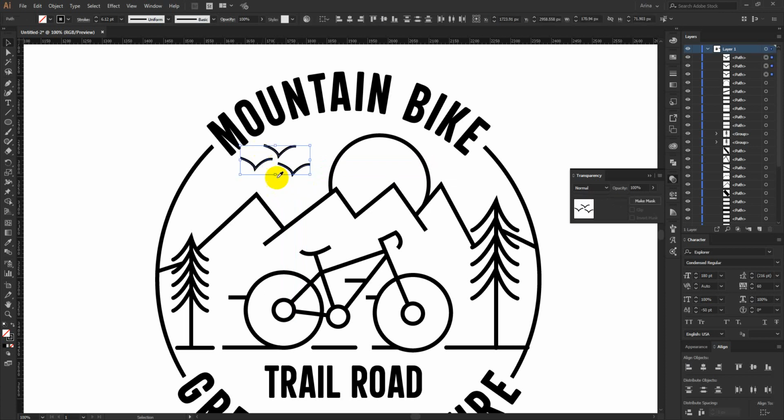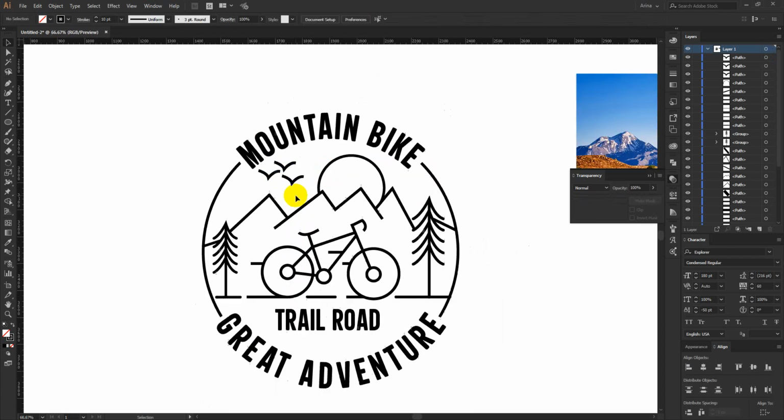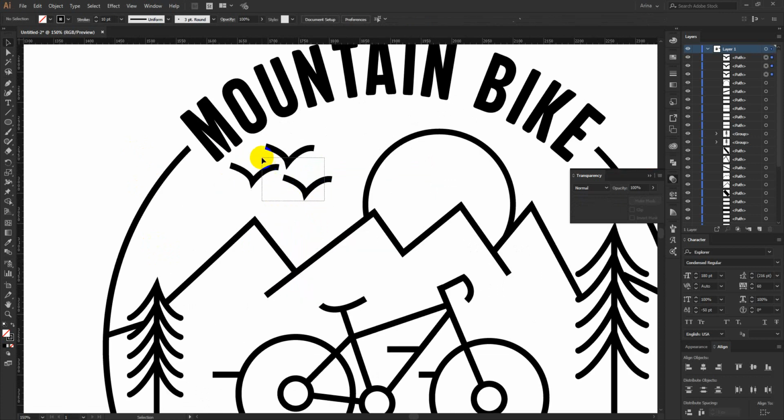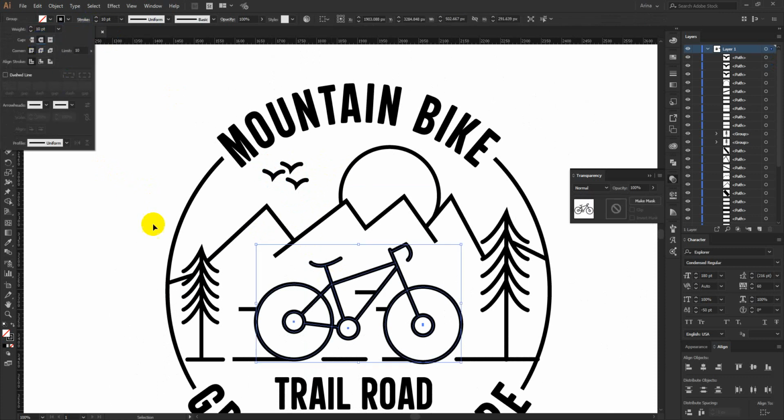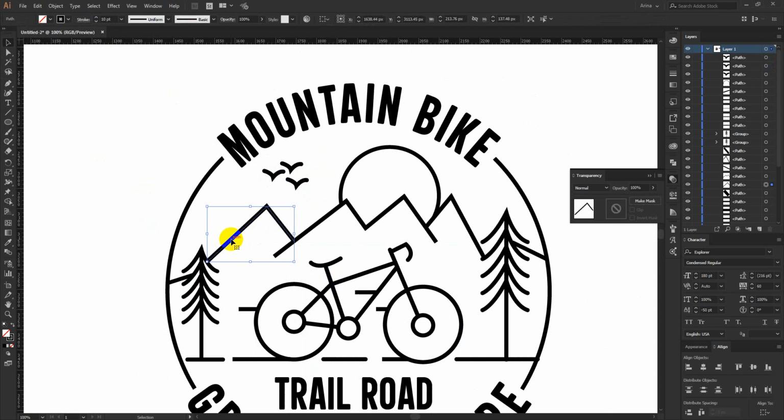Now everything here I just want to make in the same stroke, and that is the speciality of this design. Everything will be in the same white. Maybe these are looking a bit bigger here, and if I change the stroke, their size will increase. Okay, something like this. Using round cap. For this cycle one here, I can also use a round cap. For the strokes of the mountain group here, I can use that same round cap stroke.